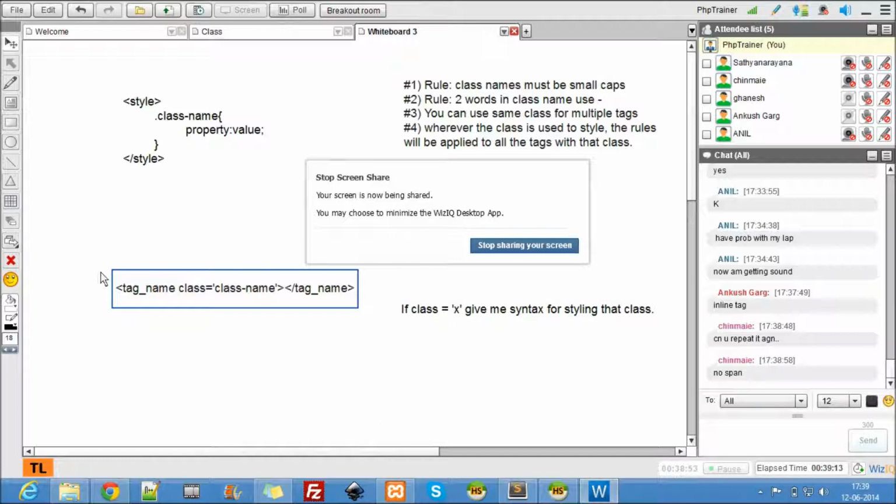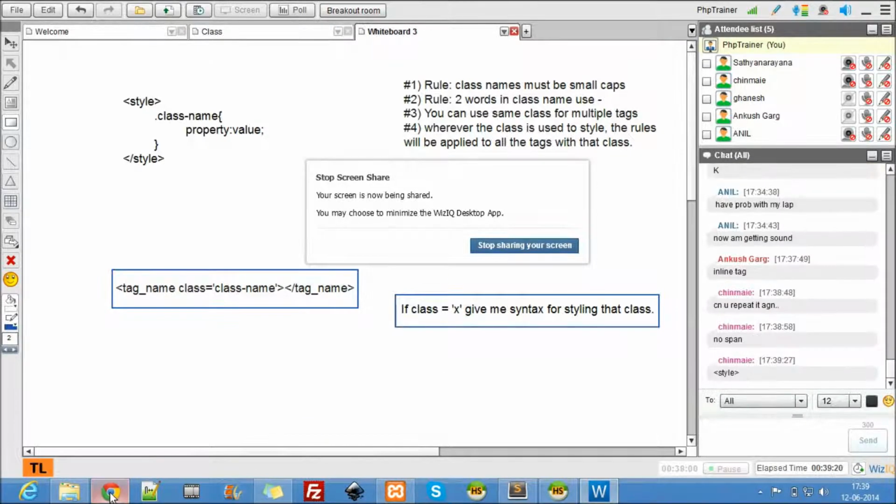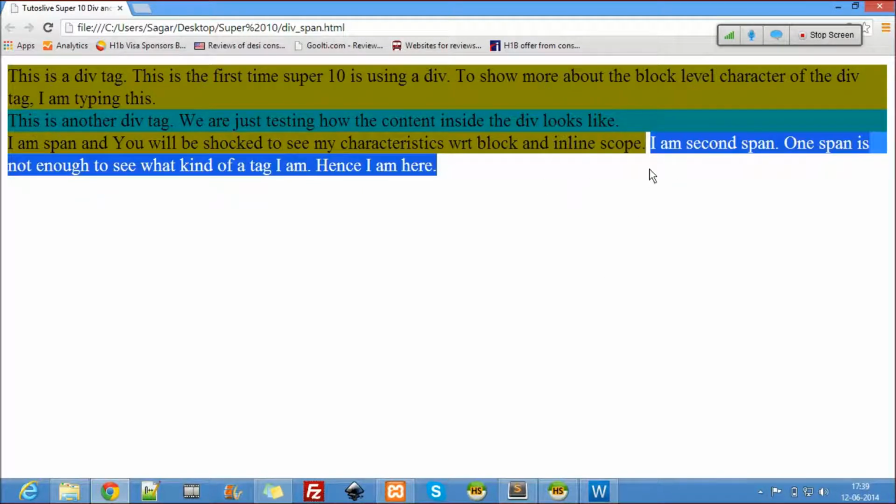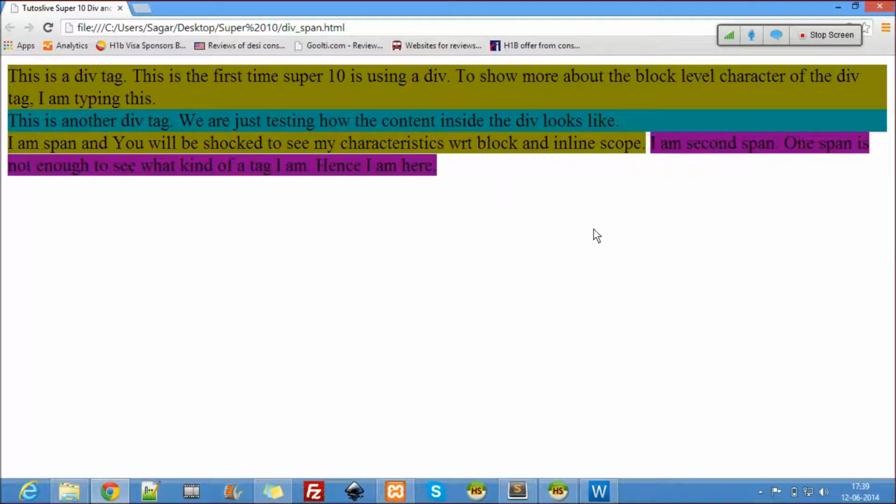Go ahead. So yeah, span is an inline tag. That's the question I was asking you guys, what kind of a tag is span? By looking at the example there, you see that the scope has ended here. Whereas if it's a block level tag, it will occupy the whole line even if it has ended. But since it's an inline tag, that's how it is. So div and span are used for layouts, and we'll see how we can do that in today's class. Today's class will be more exciting.